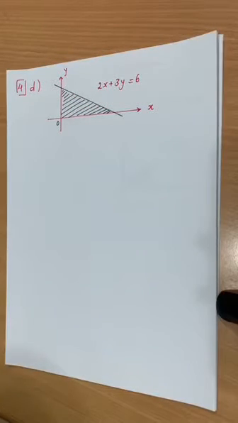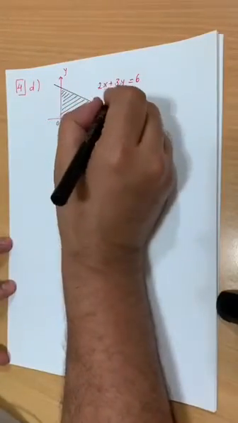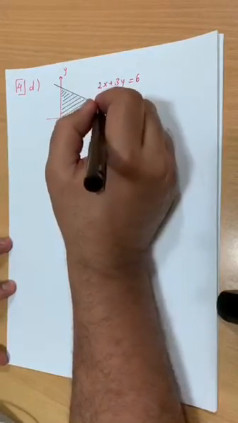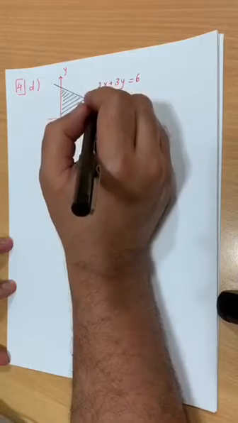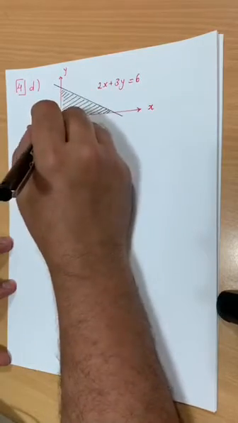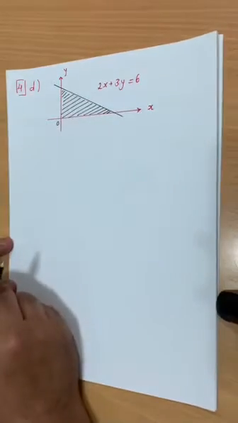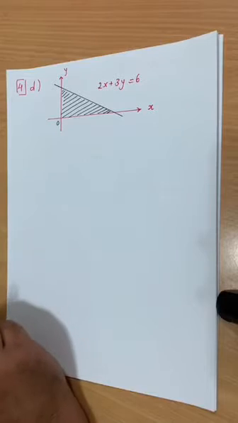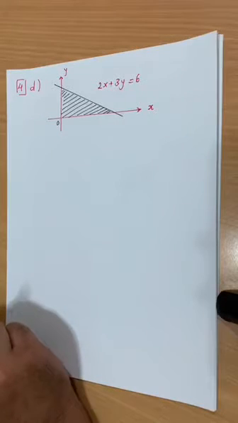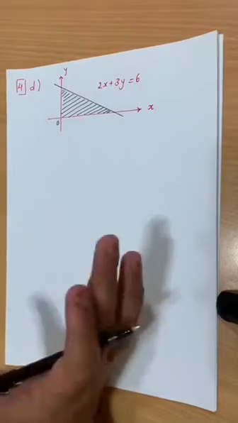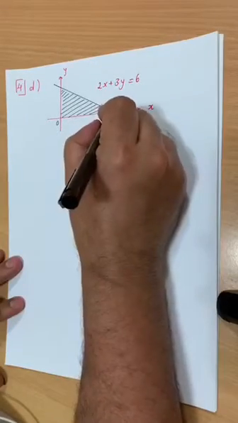We still have the same question. This is question 4D, and the straight line equation is 2x plus 3y equals 6. It's required to find the volume of this shaded area if this shaded area is rotated through 360 about the x-axis. We're supposed to find the limits of the integration. We can find the volume using 2 ways. The first way, using the normal integration from 0 to this point. So this is